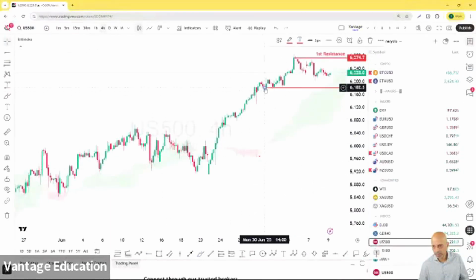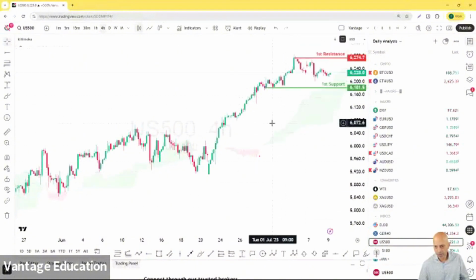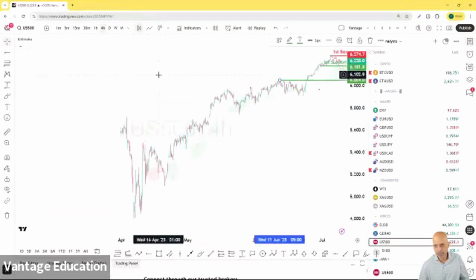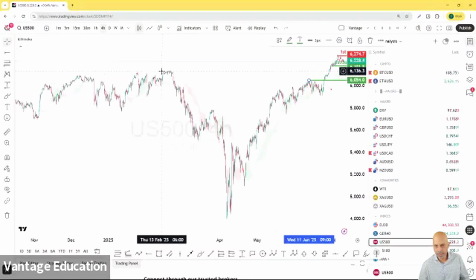Support here, you can see a triple bounce materializing at 61.81. This is where the first support sits. And beyond that, there's nothing really else apart from this. But let's zoom out a little bit and see if we can zoom out a little bit. Actually, if you look at it, there's a nice